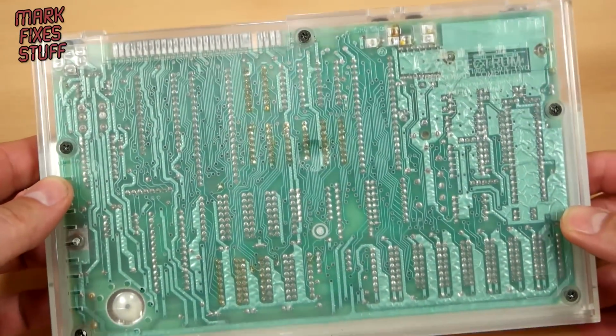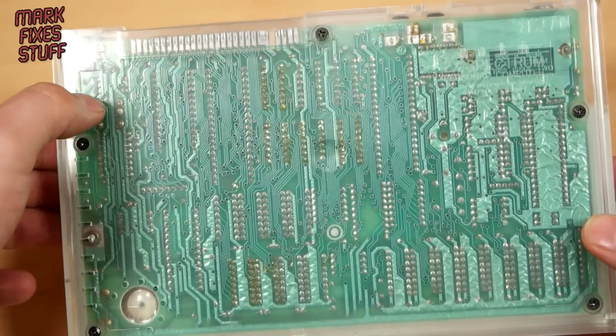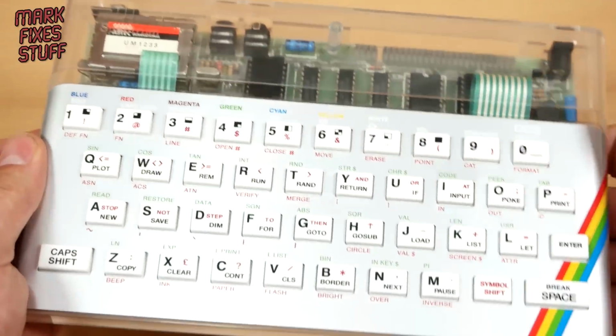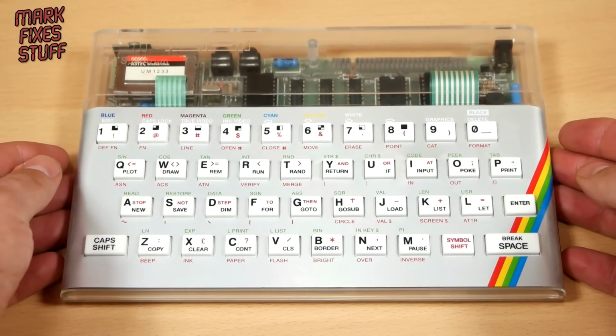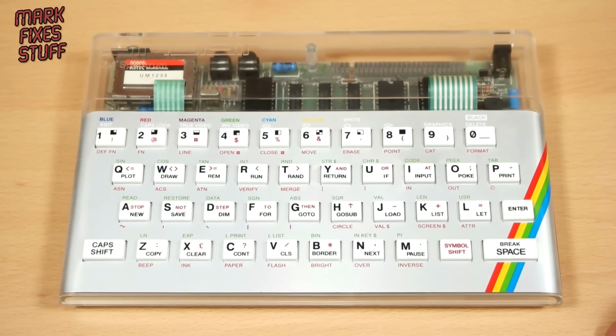Makes you want to clean that edge connector. But wow, this looks really good. I need to get some feet on it. Oh my gosh, that is really nice. I'm just going to quickly show you the black case with the matte black